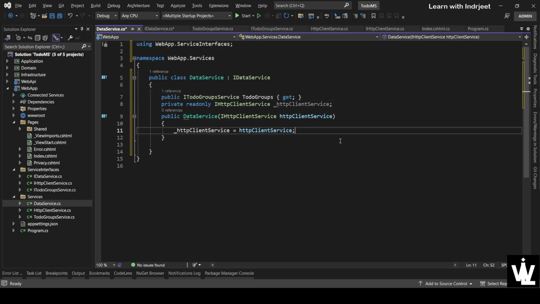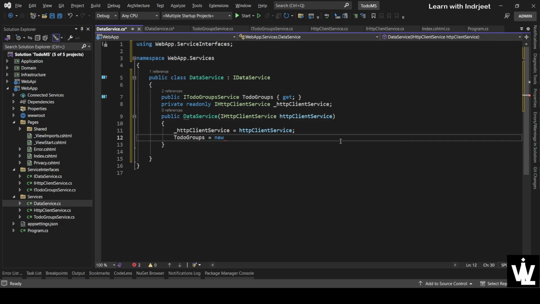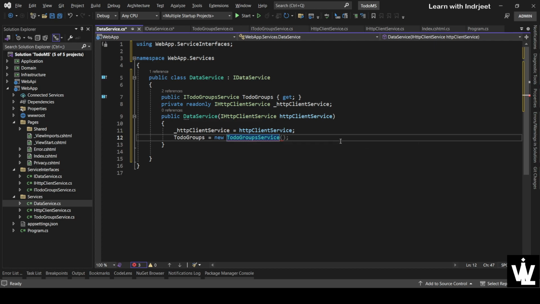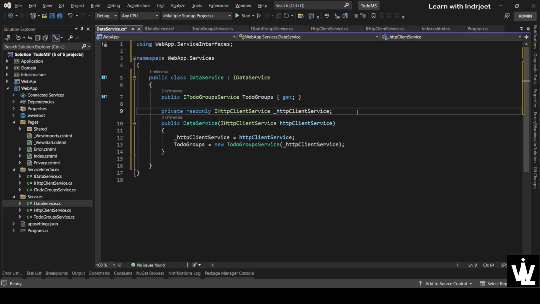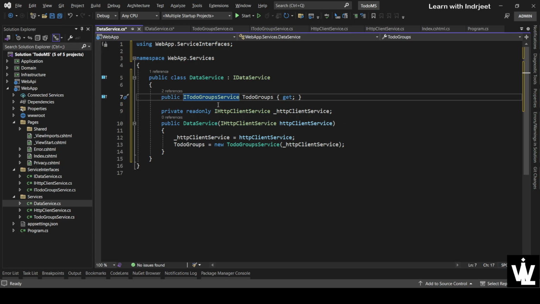Okay, and here let's initialize this to do groups. So to do groups is equal to new to do groups service, which will accept a HTTP client service object. So here it is. So let's do some spacing, and what we are doing here is we are initializing all the services. So later on we'll have to do groups, to do lists, to do to dos,